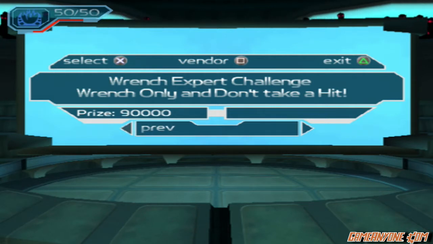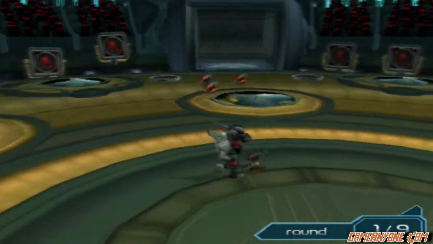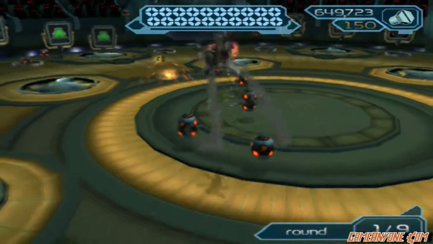Wrench Expert Challenge. Wrench only and don't take a hit. You cannot use your Tesla Barrier. You cannot use the Killanoids. All you have is your wrench. Now, this is a challenge. I recommend you get the most powerful wrench in the game in order to do this challenge, ladies and gentlemen,